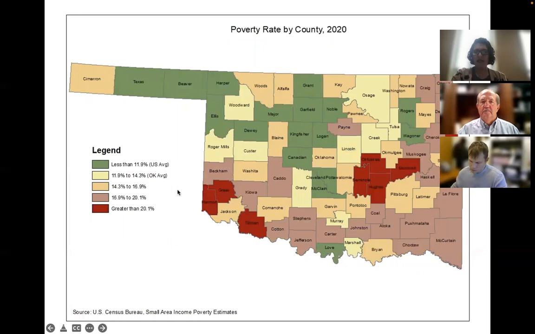Next, we have the poverty rate by county, and the next slide explains the stair step by household and income of the poverty rate. You can see Northwest Oklahoma tends to fare better than some of our other counties. In Southern and Southeastern Oklahoma, we tend to see a larger poverty rate.